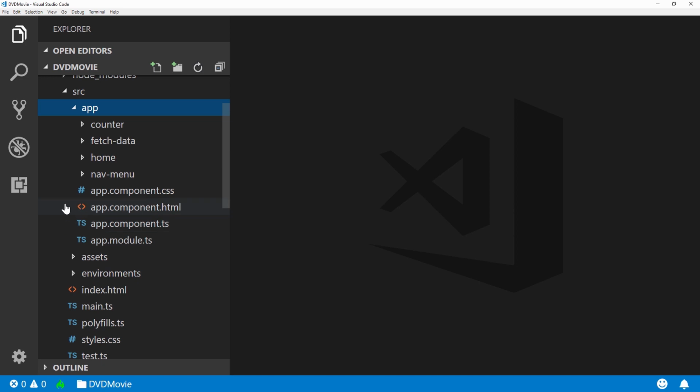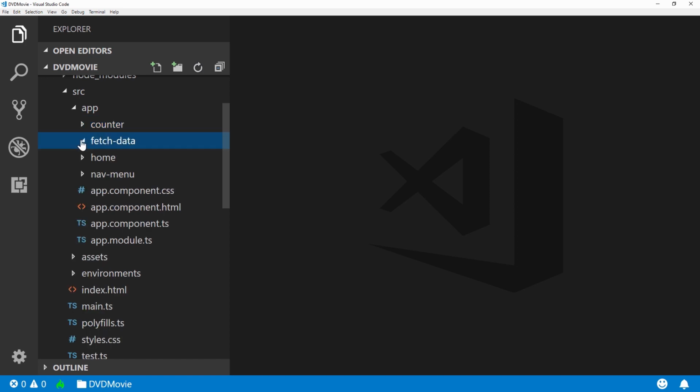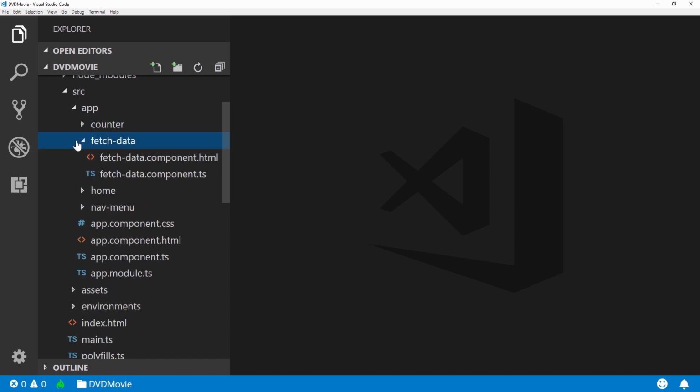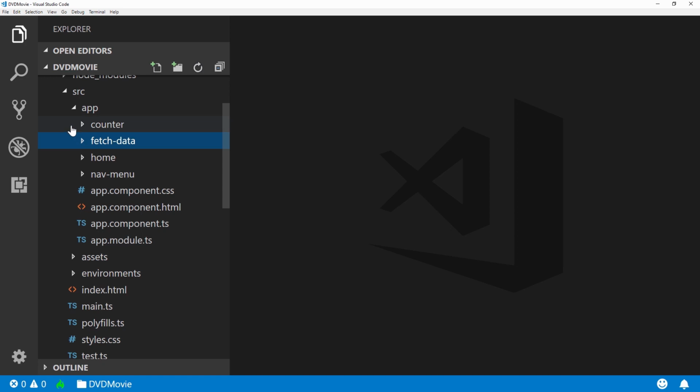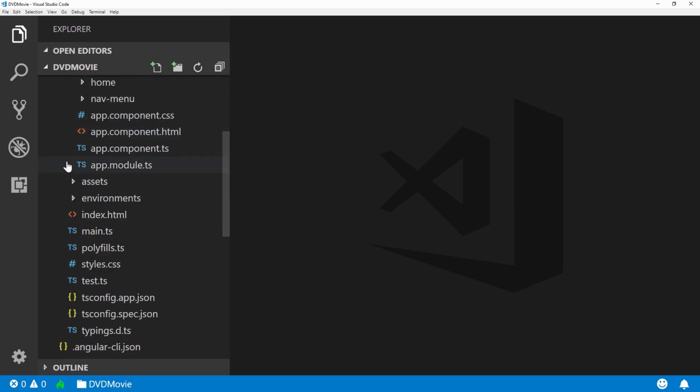Now in our weather app, there were a few components. One was a counter that we saw, and another was to fetch data. And as you can see, there's a counter folder that has TypeScript files associated with it and the HTML files associated with it. And the same applies for fetch data, except in this case, it has one TypeScript file associated with it and one HTML file. But we're going to be creating our own components, so I'm not going to spend too much time with the structure of the weather app. So let's move on to the